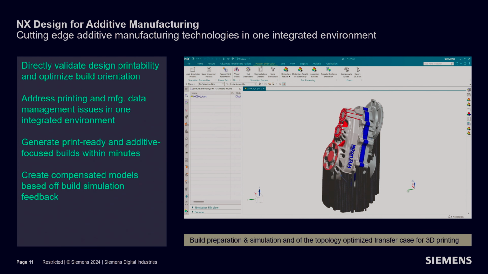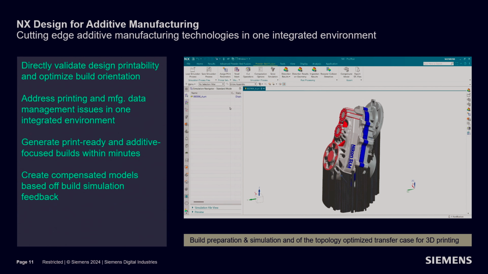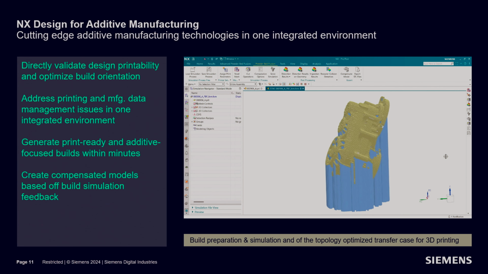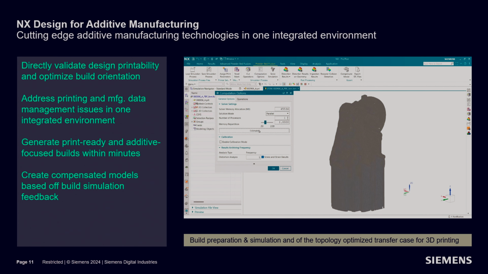This uses a combination of the machine and the material, as well as the design orientation, to simulate and analyze how that part gets built additively on that specific machine. Once we get the results of that simulation, we can look at the predicted distortion. We can analyze if there are going to be any specific manufacturability issues at play and account for that in our design process, and also get compensated geometry out of that part so that we can get to that first time right print as quickly as possible.